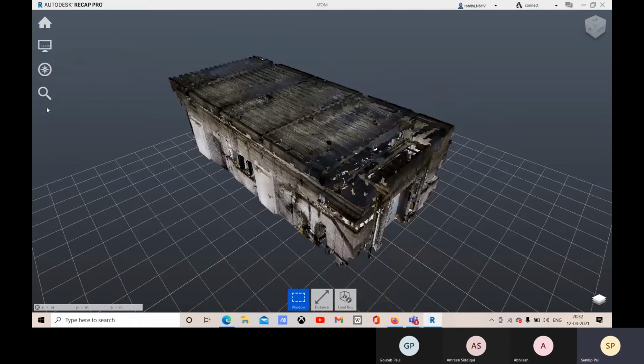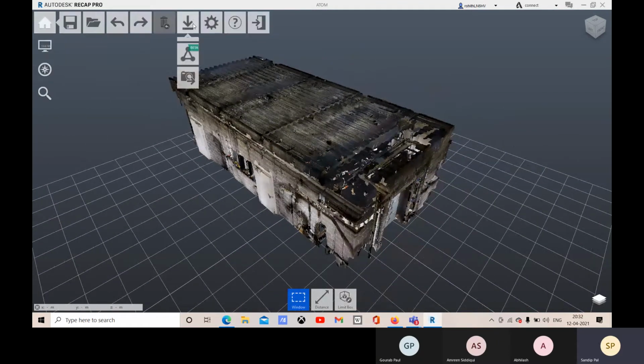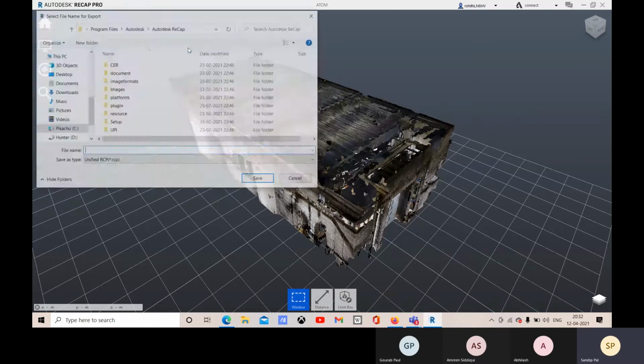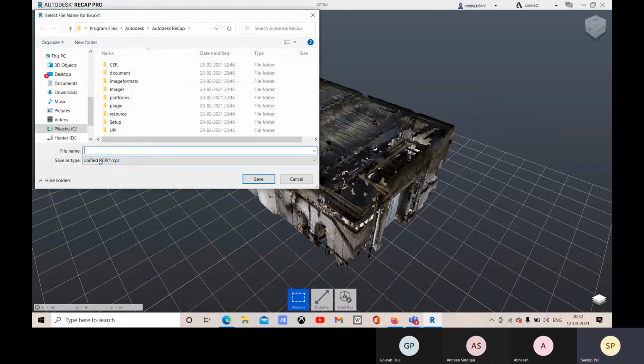So here you have this export option. You just go for it, and the file type will be unified RCP. You can go for other types too. I'll be coming back to this unified RCP later.